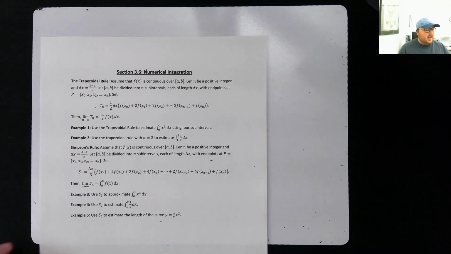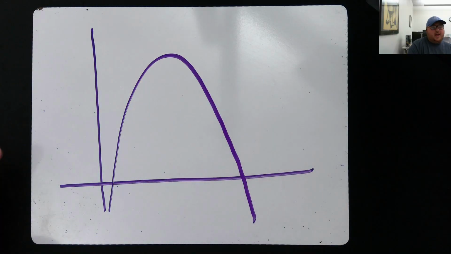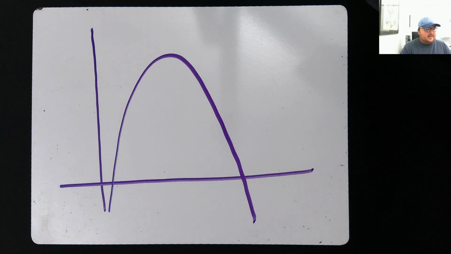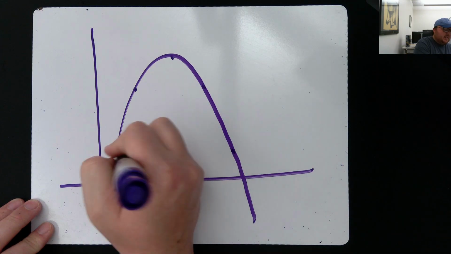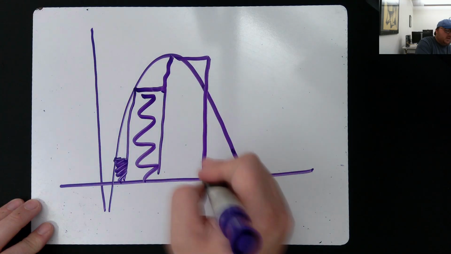Calculus 1. In Calculus 1, we did this really neat thing where if I was trying to find the area of a region, so like I'm just going to make it a basic graph like this, let's say I wanted to find the area inside of here, okay? What I did was I said, okay, let's do left endpoints. And I can find the area of this and then add it to the area of this one. Add it to the area of this one. Add it to the area of this one, right? We did that in